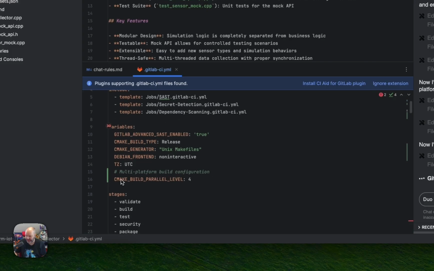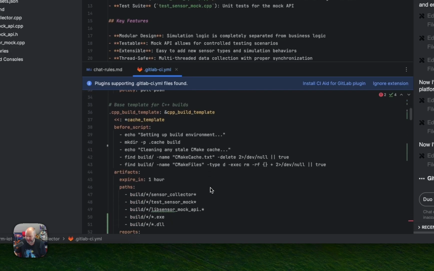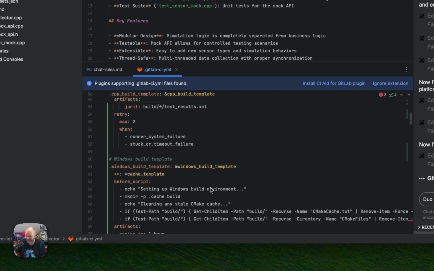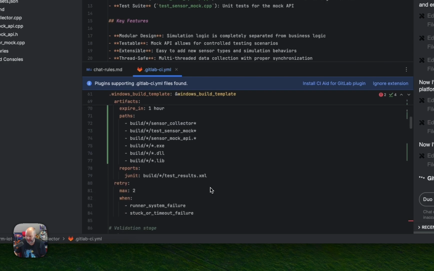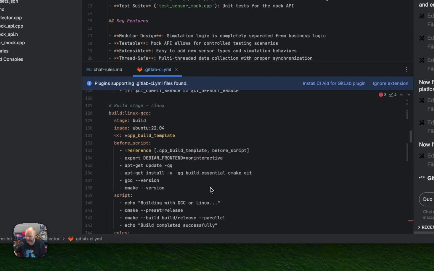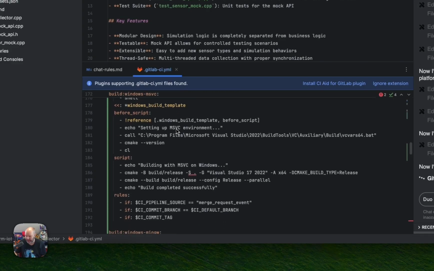It actually added CMake build parallel level. It didn't do that in my other tests before. It creates a Windows build template, and what other changes do we have here? Oh yeah, it actually added a Windows build job for Microsoft Visual Studio. So this is the Microsoft Visual Studio compiler, MSVC, and